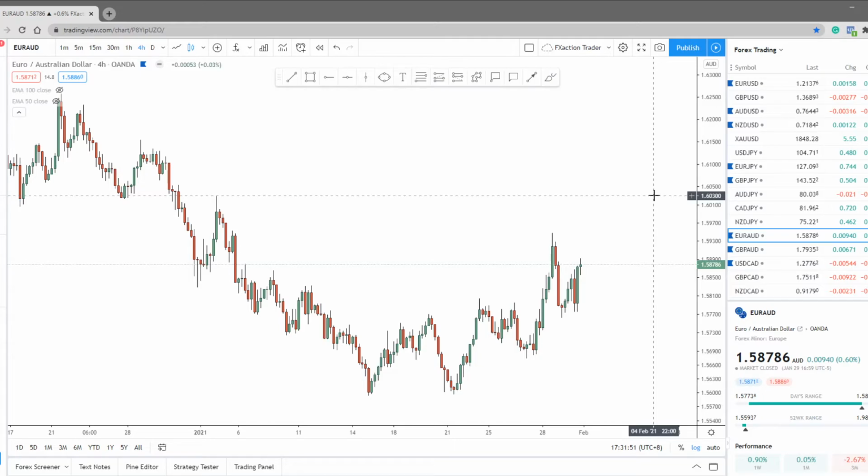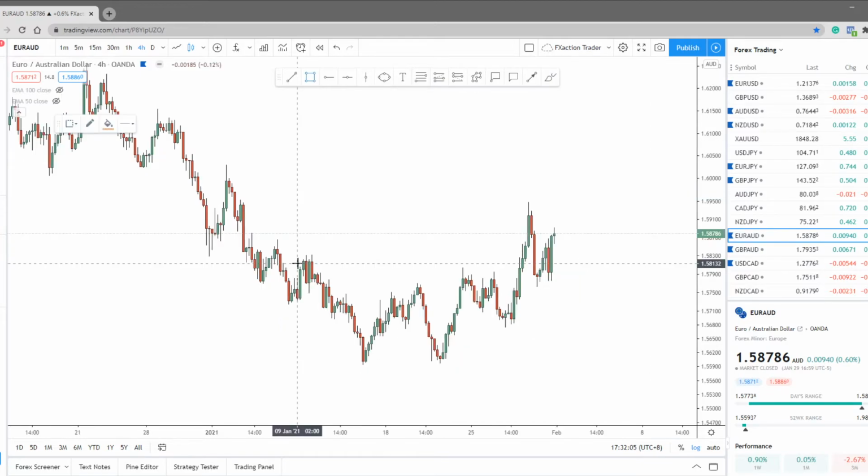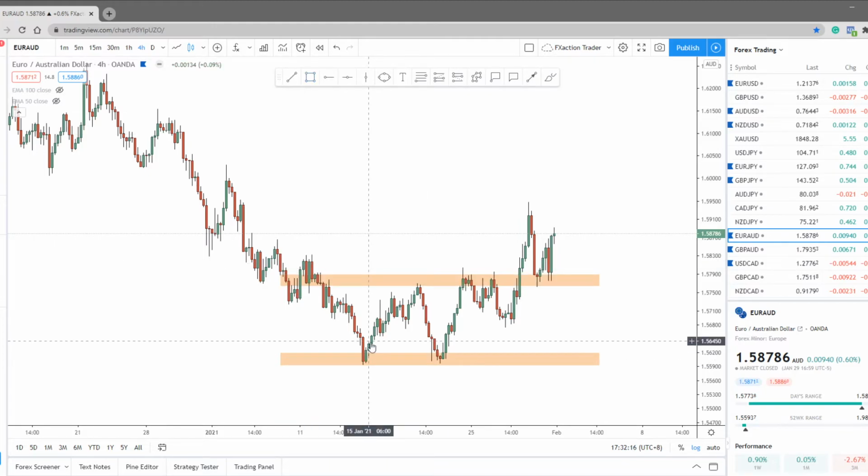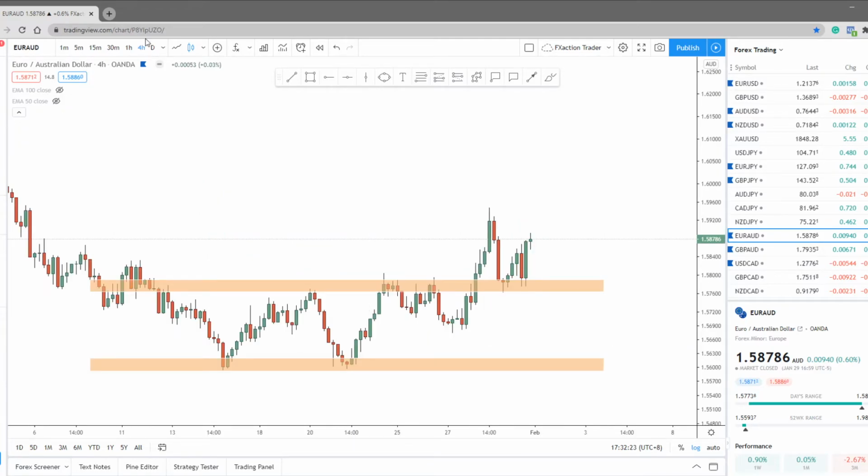So if we are looking at the price structure, we can clearly see that the market was in a very strong downtrend before this, and what the market did was go through a ranging condition and also a sideways condition, and the market has broken up this double bottom structure, made a pullback, and we see another double bottom on this support zone. So this is a very strong signal of continuation, and on this H1 we can also see